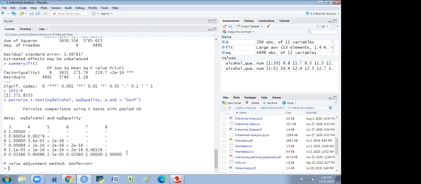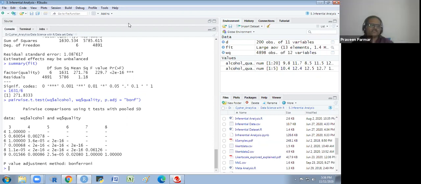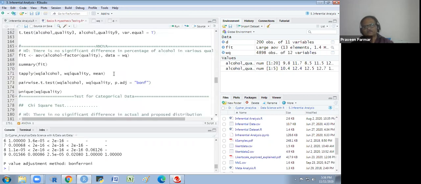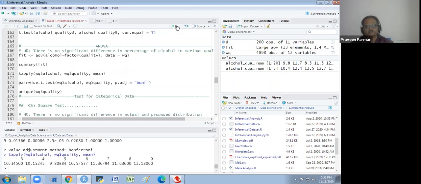Yes, sir. So I use this pairwise t-test instead of Duncan. I have not used Duncan because I have got this one, so I preferred this. But there we have to do some more work because we have not got the mean of 3 and 4 and 5 and 6. So we have to separately use the tapply function, and we could find out the mean for writing in the